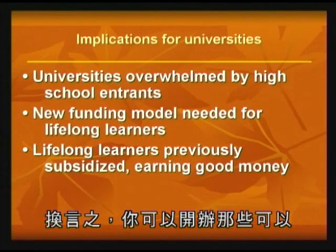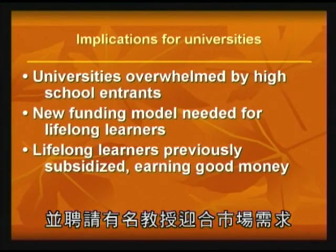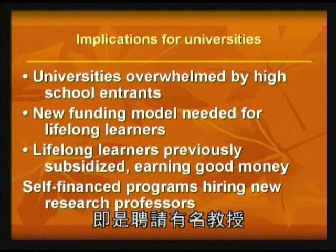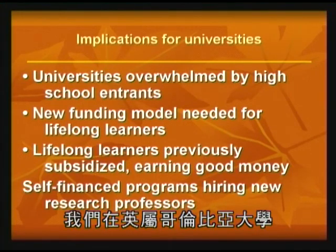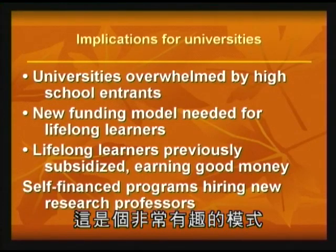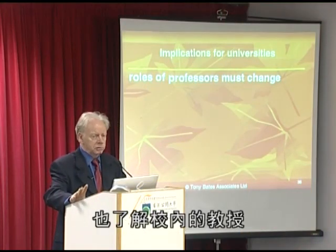That means you can run courses that are fully cost recoverable and hire new research professors to meet that market. And that's so you can have self-financed programs hiring new research professors. And we did that at UBC. In fact, a very interesting model. What we did, we said, we know there's a market out there. We know they'll pay full price. We know the existing professors won't take on the work